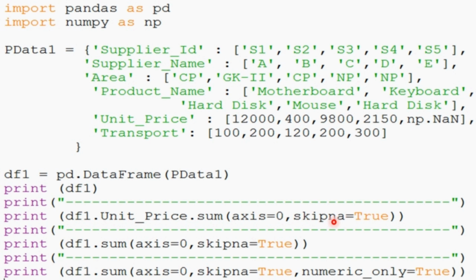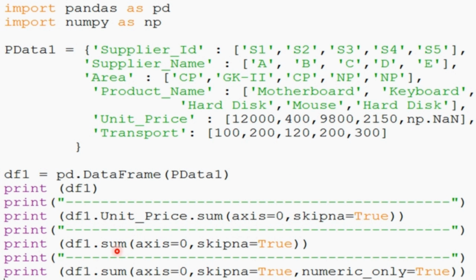If we don't take skipna equal true here, we will get a NaN result, because whatever you add to NaN, it will be NaN only. But now here we have skipped NaN values, skipna equal true we have defined, it means NaN values will be skipped and the sum of the rest of the values we will get in the answer, right?